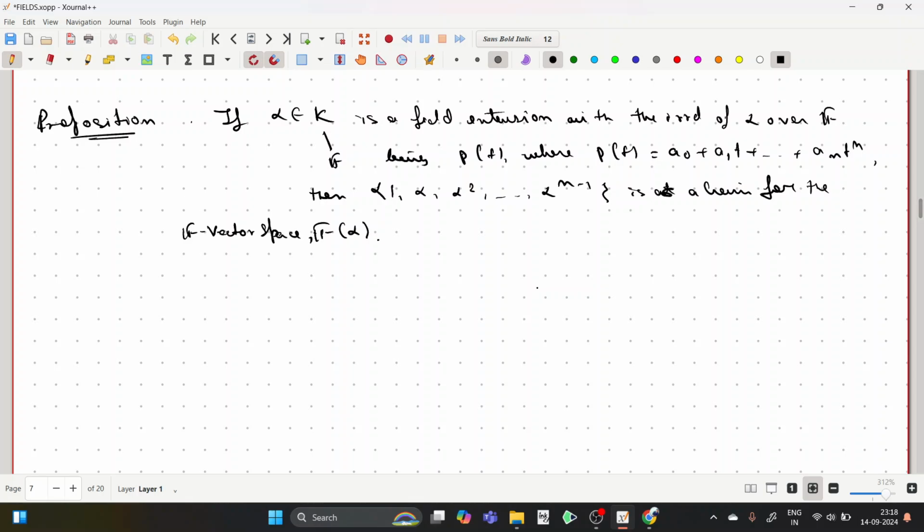Clear? Got it? So this is what we want to prove, and proving this is actually quite simple, because